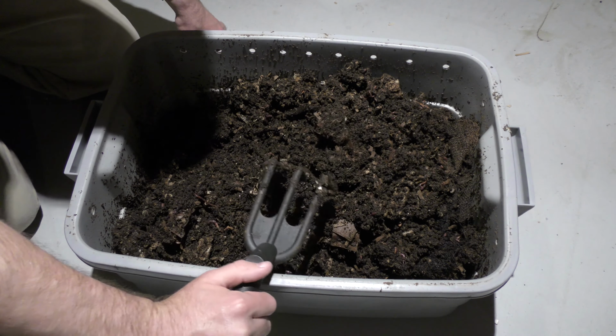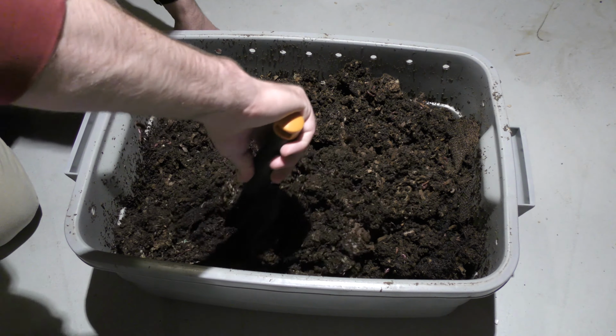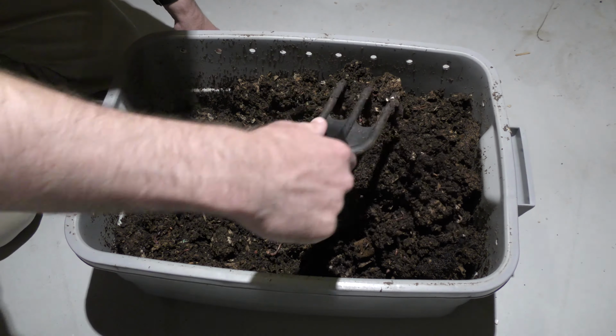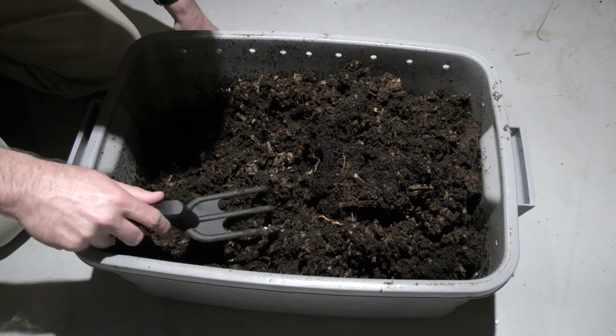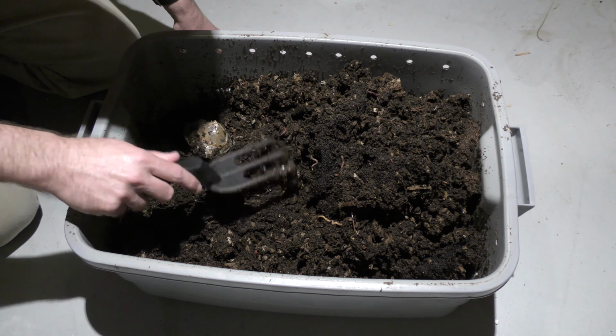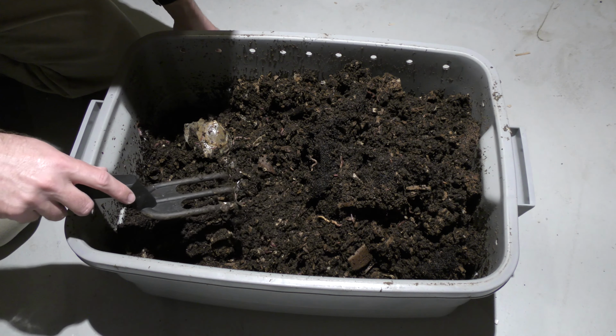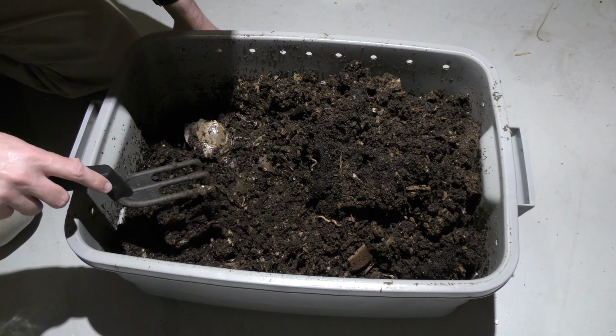I mean, you can just see that the material is almost fully composted. There's almost no bedding left in here. So if I want to keep this going, eventually I'm going to have to add more bedding. Here's a ball of something. I don't know what this is. I know I broke it apart, but I don't know what that was. Maybe it was a mango skin or something like that that didn't fully...